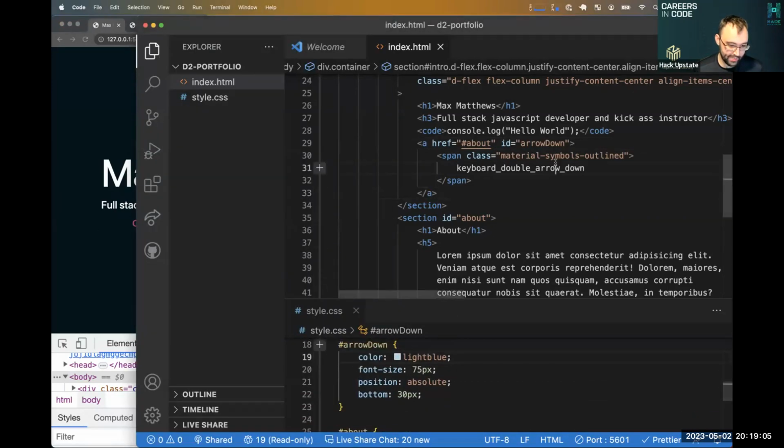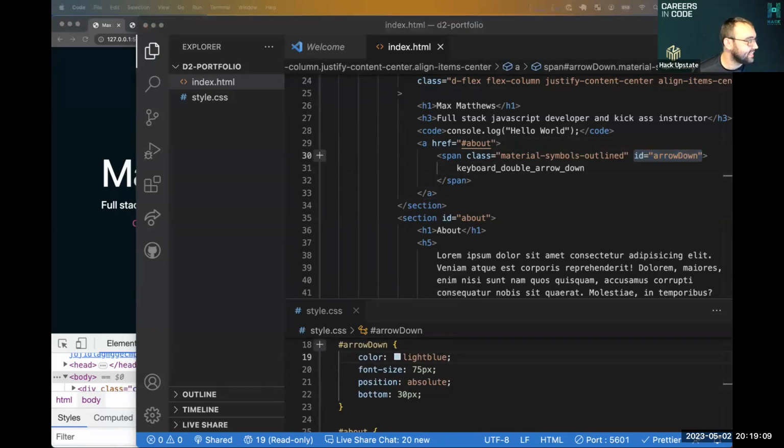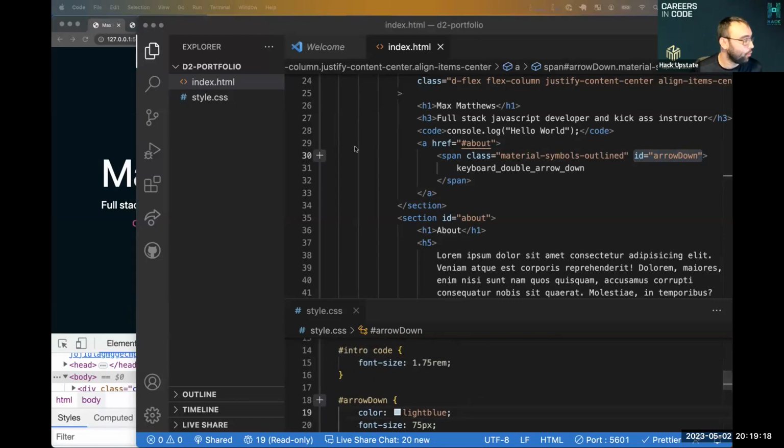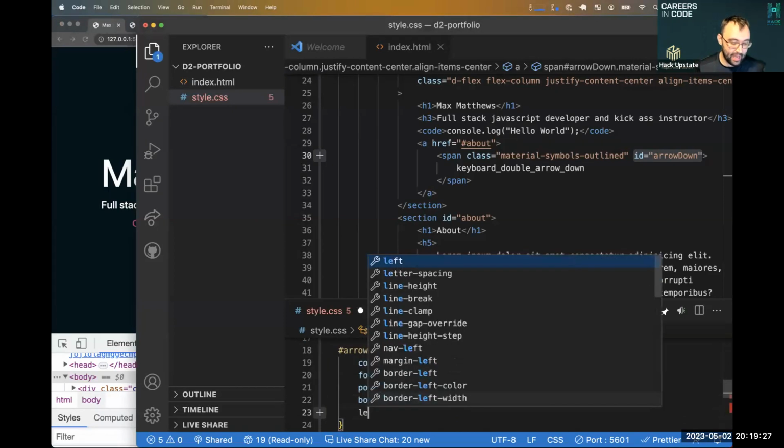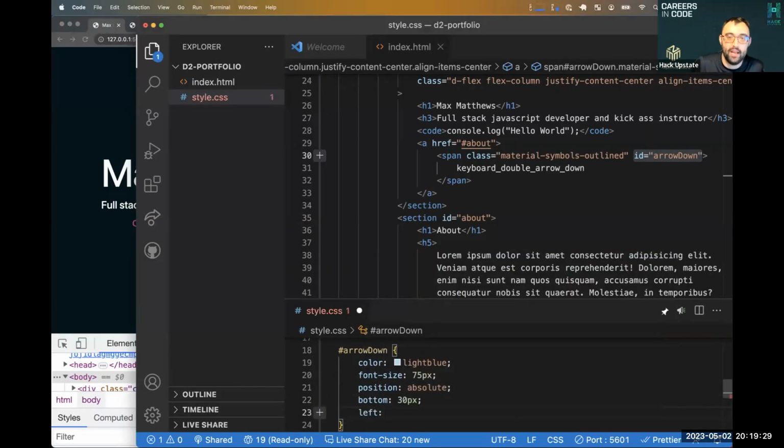No, that's going to cause issues. Okay. So the way we fix this is not something that I'm particularly proud of, but I do know a solution to getting that centered. So what I'm going to do is tell my arrow the left positioning of my arrow. So we're not going to just use the bottom. We're going to use left, and we're going to use everyone's favorite